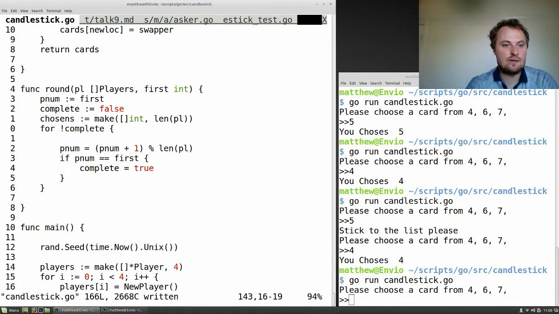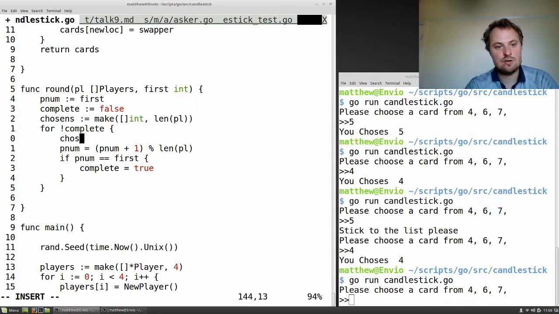So the chosen cards come from here, and then chosens at pnum equals, I think, pl